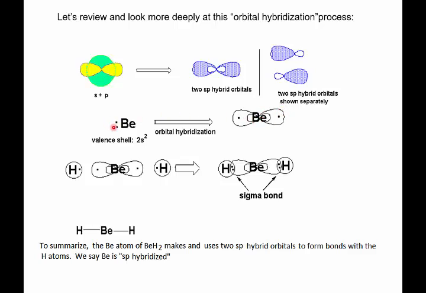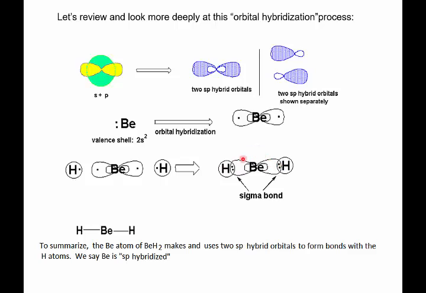There's a total of 2 valence electrons. One valence electron resides in one of the newly created hybrid orbitals and the other in the other one. And there it is. It's all set up, perfect for now forming bonds, respectively, to the 2 hydrogen atoms. These newly created hybrid orbitals lie in a line. They're 180 degrees apart. Exactly what you want. So the 2 hydrogens that come in and form bonds will give you beryllium dihydride with the desired linear geometry,